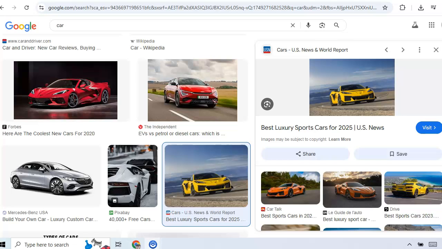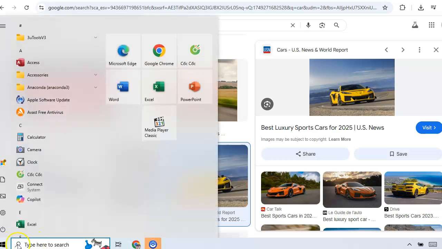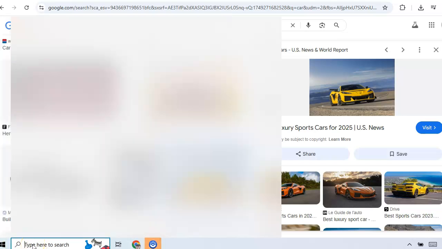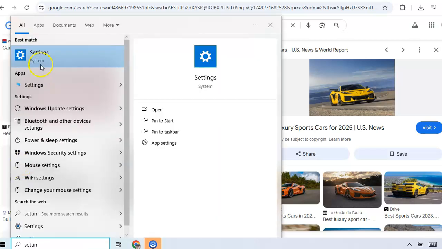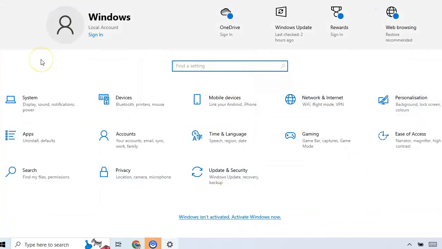Okay, how to change screen sleep time on Windows 10 and Windows 11. First, just click on the start icon in the bottom left. After that, here type settings, and after that select system,